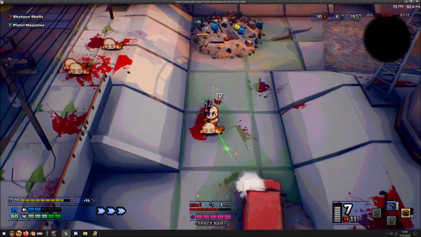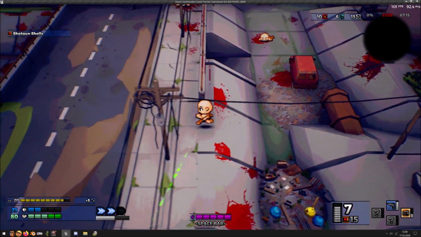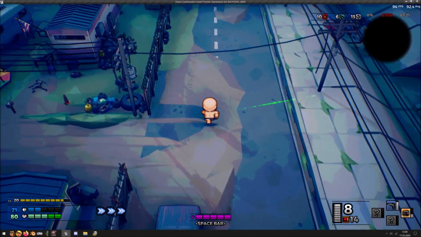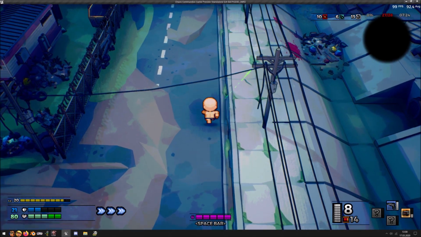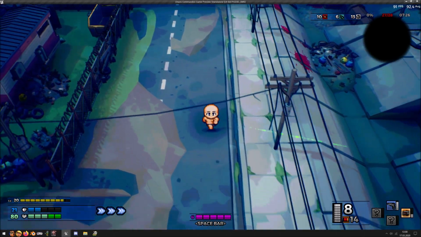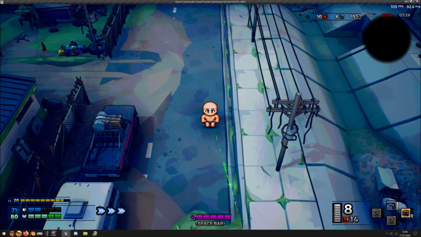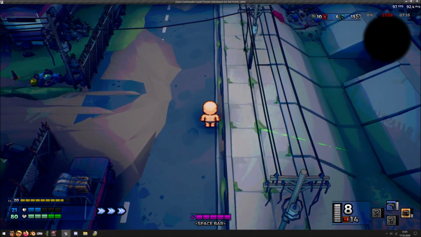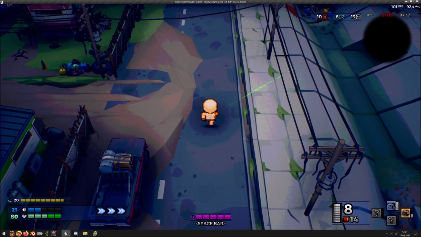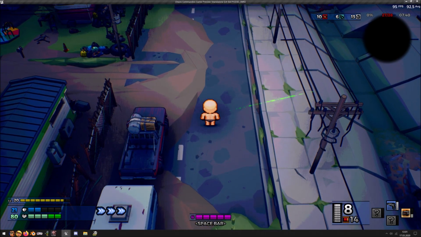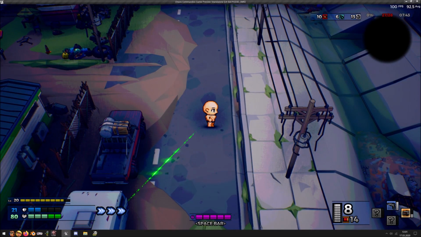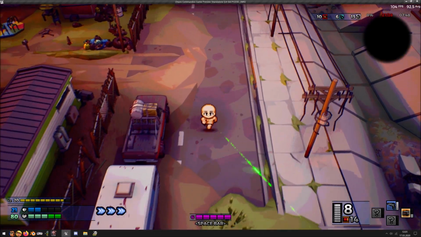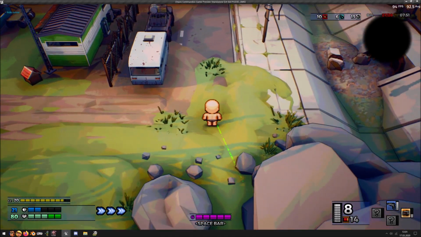Obviously there will be a huge focus on companions. I will make a custom AI for your companions. For example, if you find a hackable item, like a computer system, instead of hacking it yourself, because your hacking skill might be very low, you can just send one of your AI companions to do it for you. I will make a system where you can highlight your ally or just click, a very basic thing, because the game can also be played